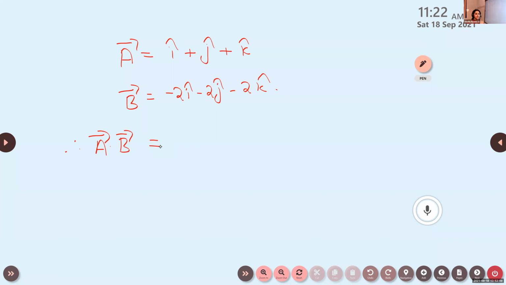AX BX i cap, AY BY j cap, AZ BZ k cap. Dot product is very simple compared to the cross product. Here we don't need to use the determinant method and all. That is, i cap, j cap, k cap means 1 i cap, 1 j cap, 1 k cap. So vector A dot vector B becomes